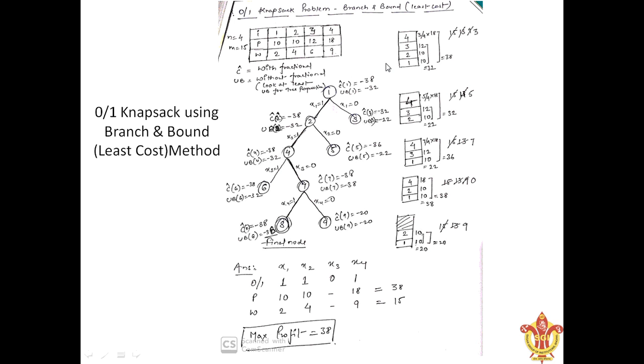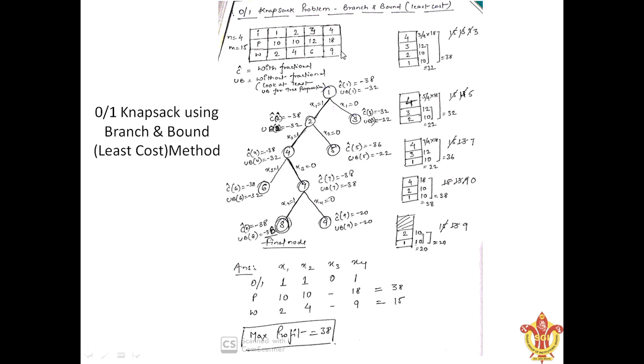While this is the upper bound, now how do we calculate the cost of this node with the fractional part? For the fractional part, how much weight are we left with? We have 2, 4, 6, and the limit is 15. So how much profit can we take of this one? To calculate the cost, we'll have to use the fractional part. How are we going to take care of that?